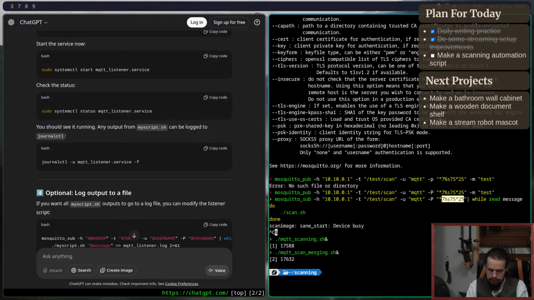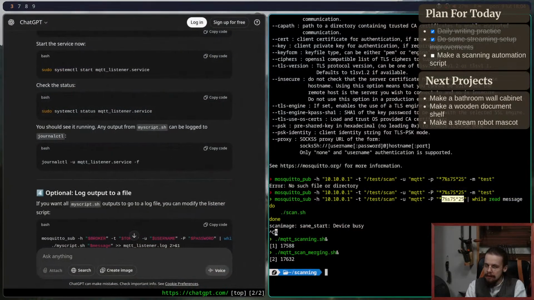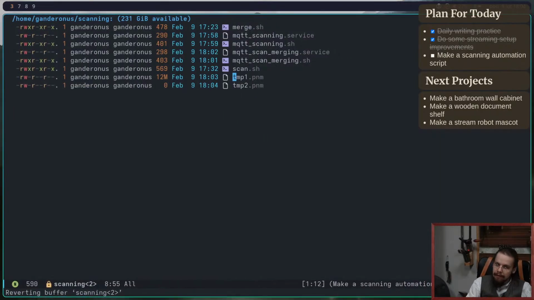One more time. Okay, so I actually have no output. So this is scanning. And then if I send a message to test/merge, test/merge, publish,